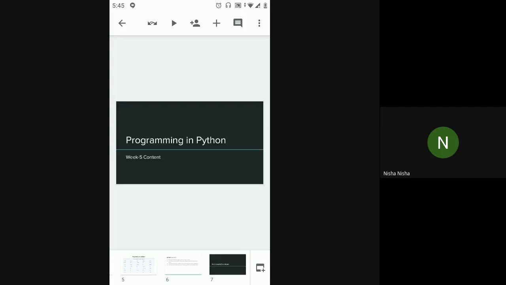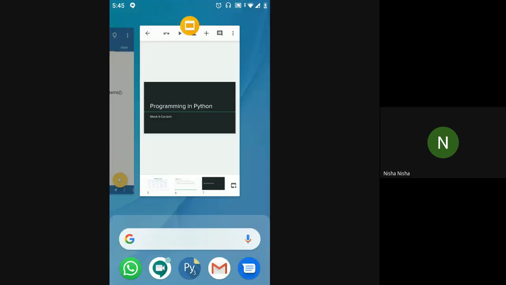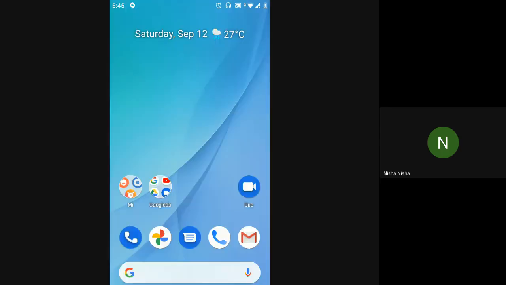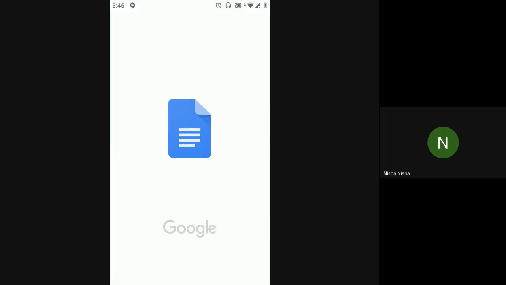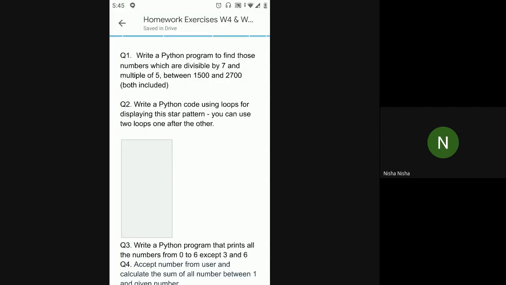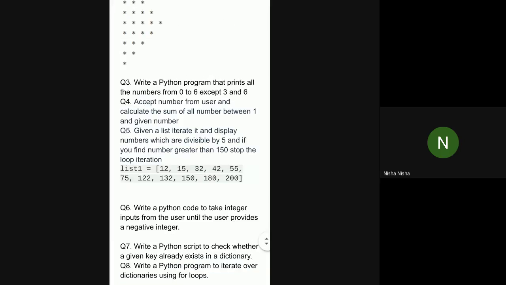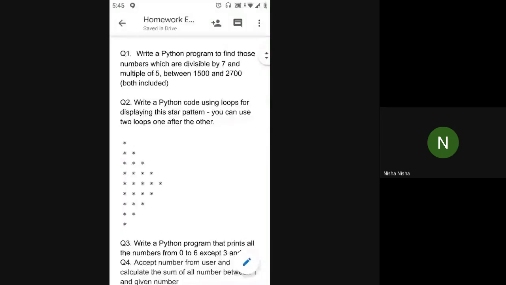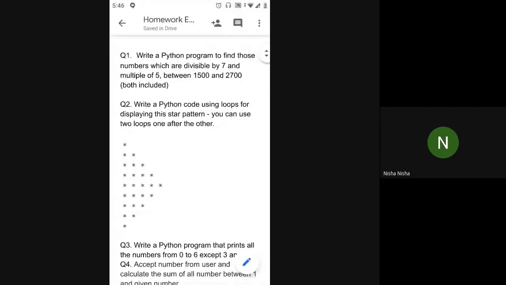I think the global keyword we can see next time. What I'll go through right now is the assignment that I have given you guys for this week. There are quite a lot of questions, and I got some good ones, so I thought it would be good practice for all the loops and if else structures. We'll go through it one by one, and if you have any questions, let me know. The first question is write a Python program to find numbers which are divisible by